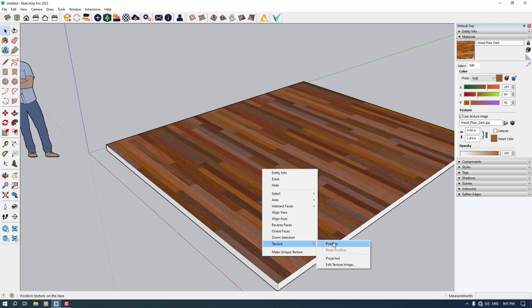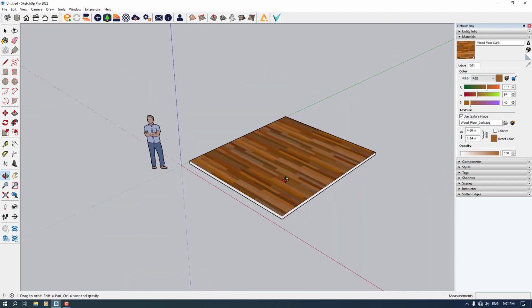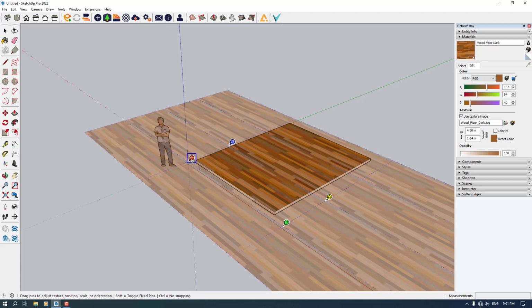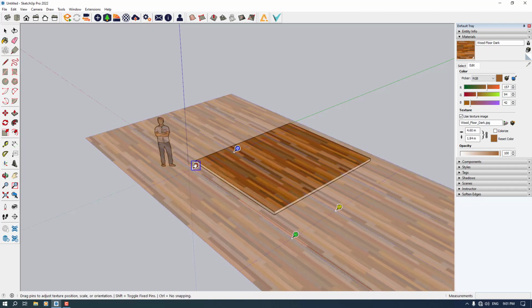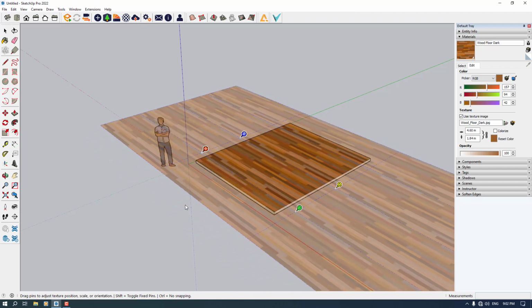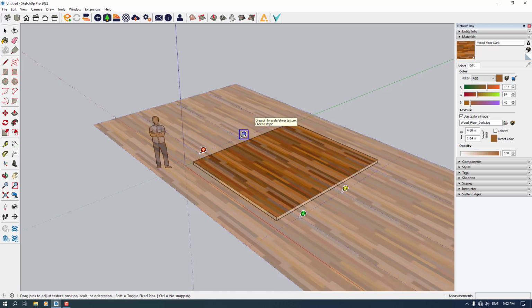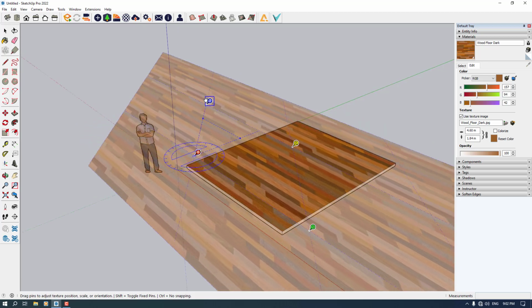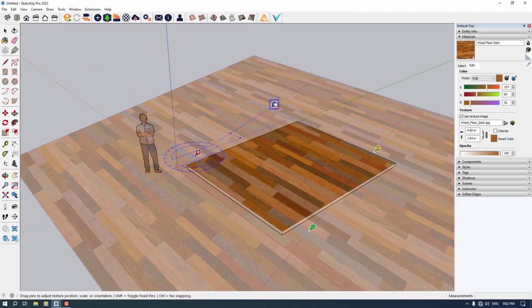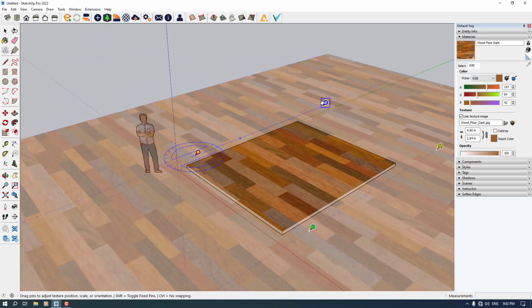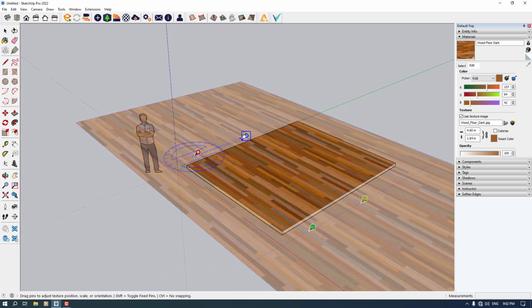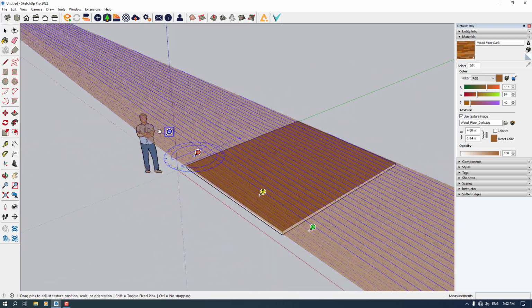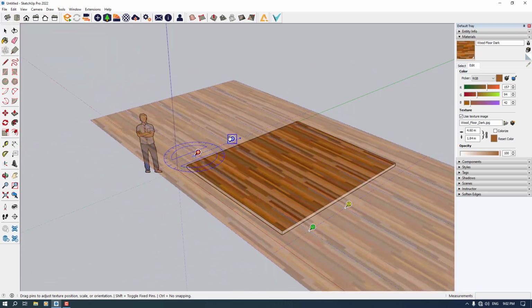and we have the position option in here. So when I click on the position option, I have 4 items. Item 1 is about the texture movement. As you can see, you can move your texture box like this. The second item is about scaling and shearing the texture, for example, as you can see on the blue axis or the red axis,